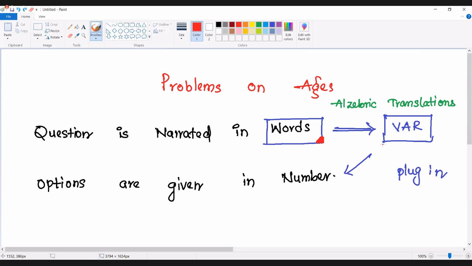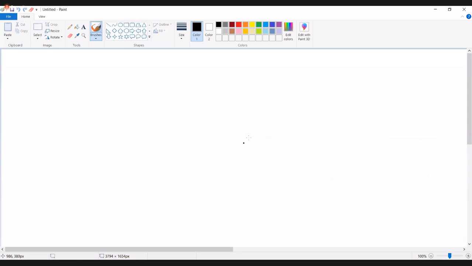Once you convert into an equation, you can directly solve the question using the plugin strategy, because we anyway have option choices in the exam. So this is one idea which we can use in solving the question. You will get clarity on the idea when we are solving the questions. Don't worry about it. And the second point which I want to tell you is, whenever we are solving the